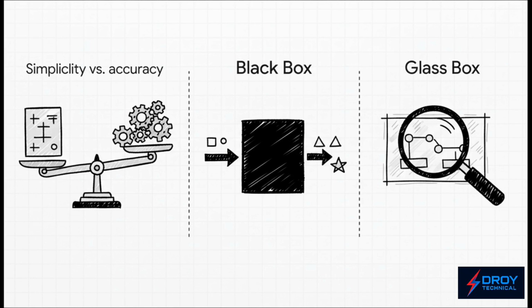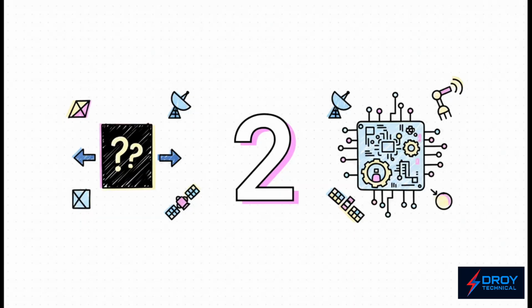First, all control starts with a mathematical blueprint, a model that's always a dance between being simple and being accurate. Second, the classic black box method is awesome for understanding the simple relationship between what goes in and what comes out. But for the tough problems, you need the glass box state space approach, which gives you that complete snapshot of everything happening inside. You know, when you boil it all down, we've really been talking about two completely different philosophies. Two different ways of looking at a problem.